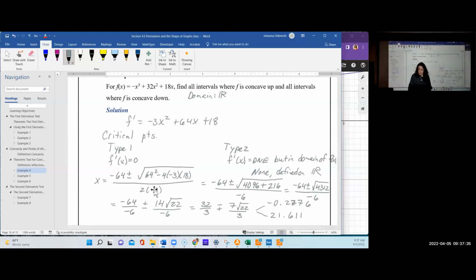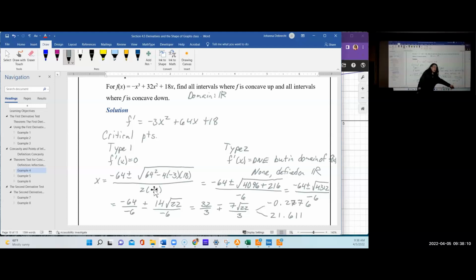on one that's difficult. So what we're looking at here is a polynomial function. The domain of the polynomial function is all reals. When you take the first derivative, you also get a polynomial function, and its domain is also all reals. So there are no type 2 critical points because this first derivative exists at all values. So we're looking for a type 1 critical point where the first derivative equals 0. Unfortunately, this one doesn't factor, so you have to use the quadratic formula. When you use the quadratic formula, you get 32/3 minus or plus 7 square root 22 over 3. And that comes out to be about negative